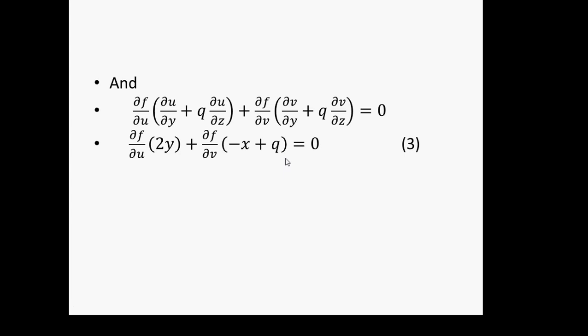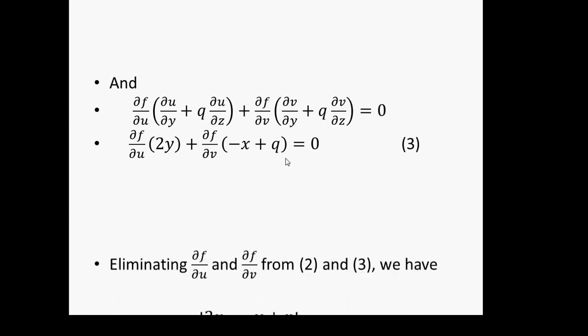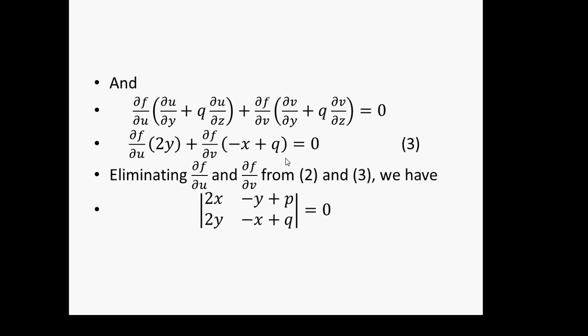Now we have to eliminate this function from relations 2 and 3. Eliminating the derivatives del f upon del u and del f upon del v from relations 2 and 3, we write the equation in the form of a 2 by 2 determinant. In the first row we write the coefficients of del f upon del u and del f upon del v from equation number 2, and in the second row the coefficients of del f upon del u and del f upon del v from equation 3, and this is equal to 0. Then we open this determinant by cross multiplication, this one minus this one,